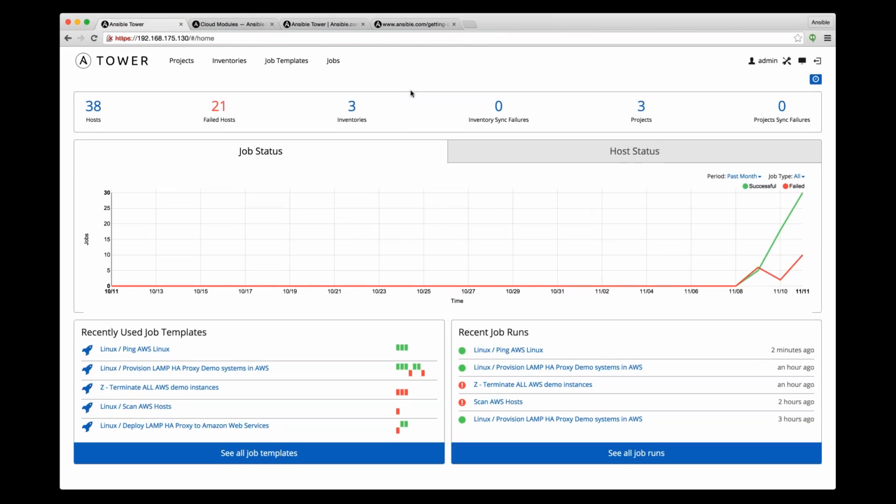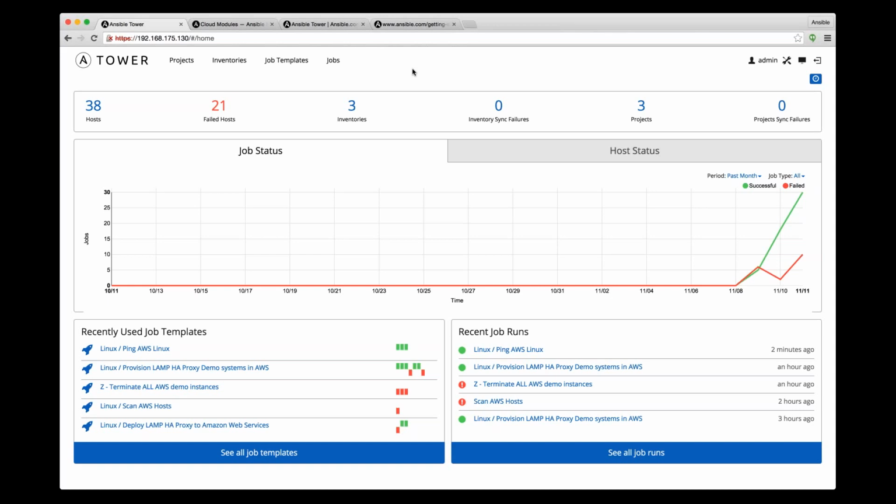All right, back to Tower. So Tower is not a commercial or enterprise version of Ansible. I mentioned that earlier, right? Tower layers on top of Ansible and provides a framework for consuming an open source command line tool in your enterprise, right? So it offers features that you just don't get from the command line, that just don't make sense in the command line. So the things that I'll show you here specifically will be, number one, role-based access control,